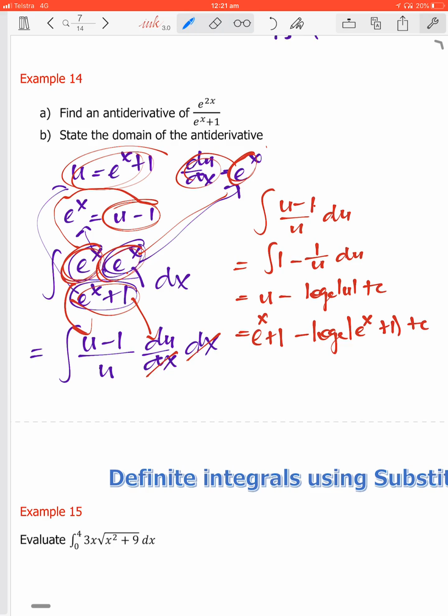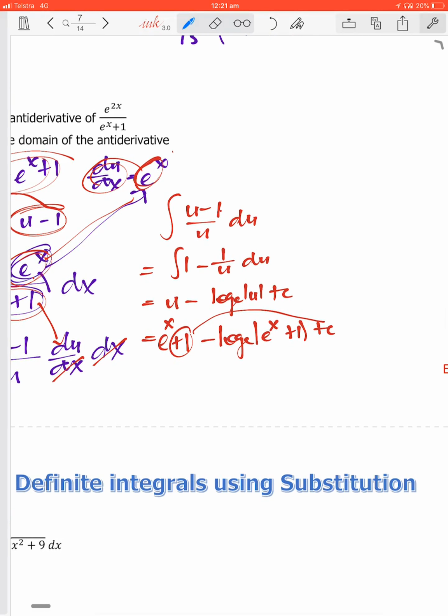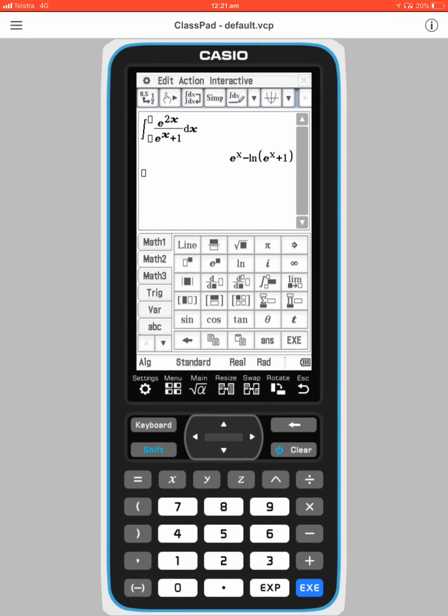and then plus 1. Now what they do sometimes, the calculator, see here how I've got a plus 1 and I've got a c. They say, okay, e to the x minus log e of e to the x plus 1 and then plus 1 plus c. They just say, well, if 1 plus c is a constant, so is 1 and so is c by themselves, but altogether we can say that 1 plus c is just the constant c. So here, when they do it in the CAS, they forget about the value 1 because it can be considered as part of c, and you can just think of c